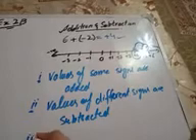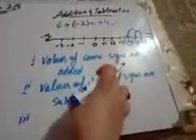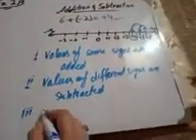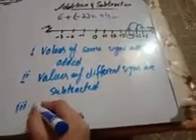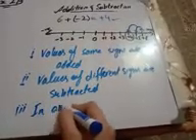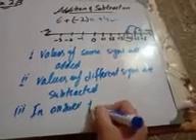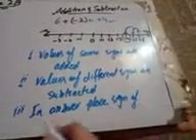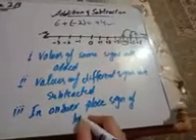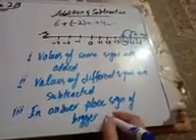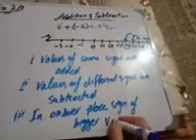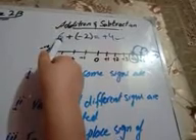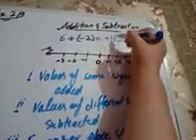The third rule is applied to the result of the first and second rules: in the answer place, put the sign of the bigger value, or the bigger number. As 6 is a positive integer and 6 is bigger than 2, so 6 containing a positive sign, we will write here a positive 4.